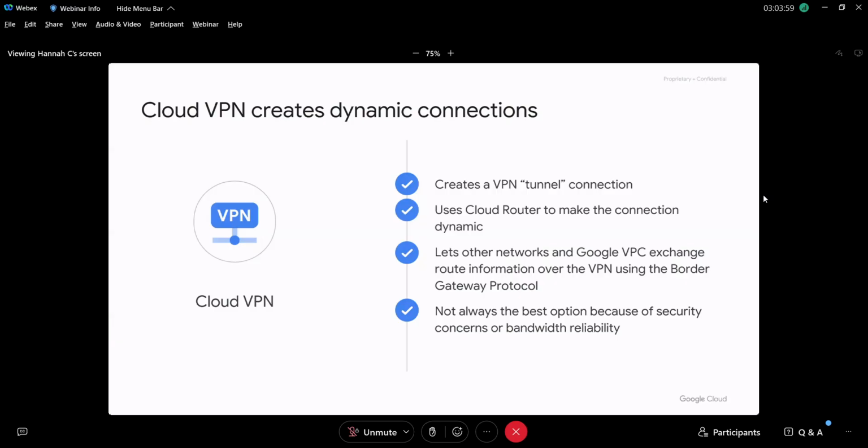With Cloud VPN, this is a very quick way to get up and running and to have a hybrid connection between, let's just take your corporate office as an example. From your corporate office into your Google Cloud account, you can set up a VPN in minutes. It is creating this encrypted tunnel. Data will be encrypted as it's sent across it. However, it does run across public infrastructure. You are still using the internet cables, but you have an encrypted bubble, essentially, that your data is being sent